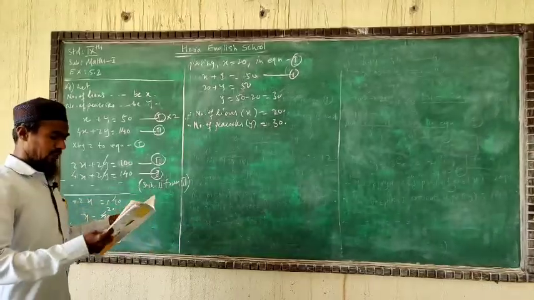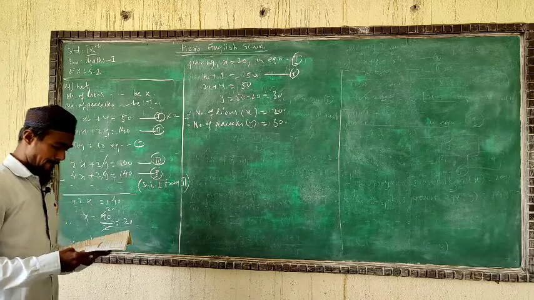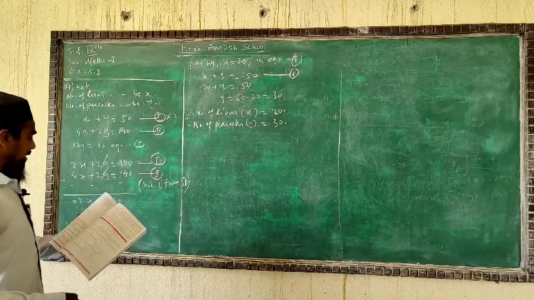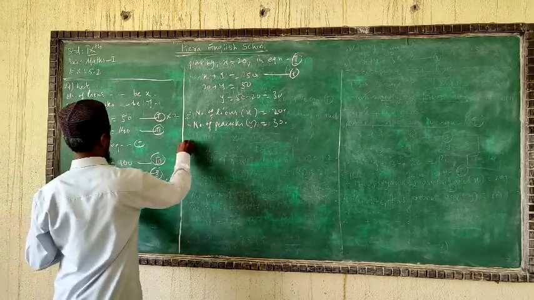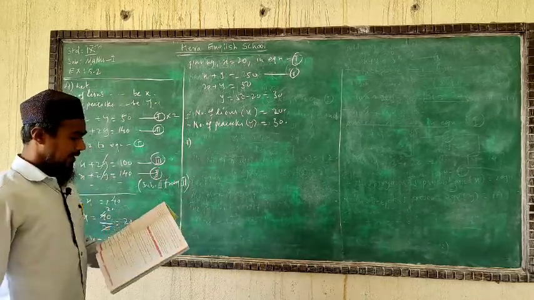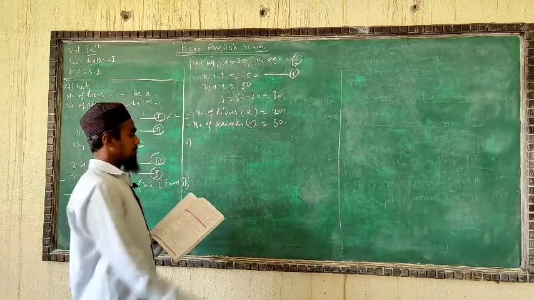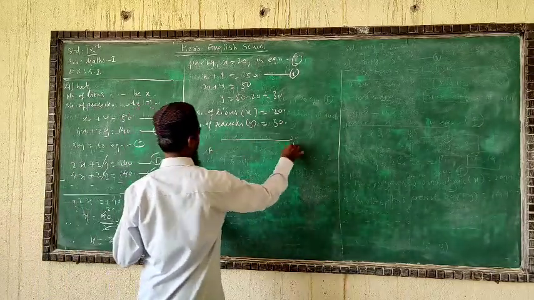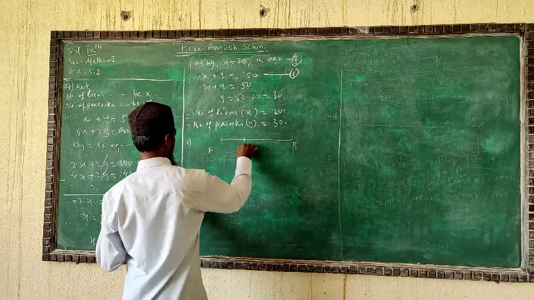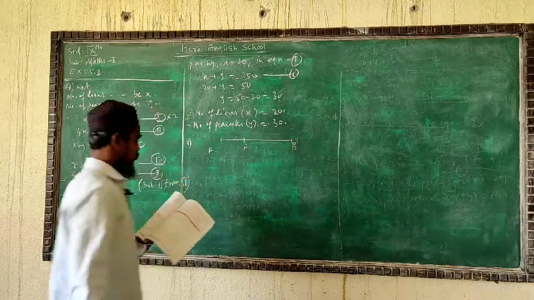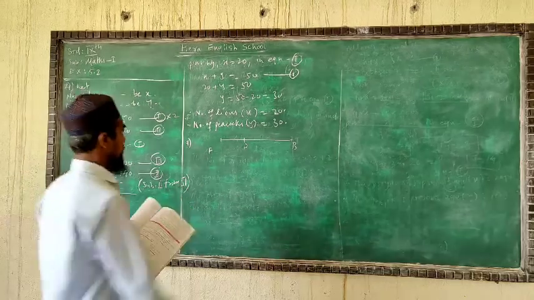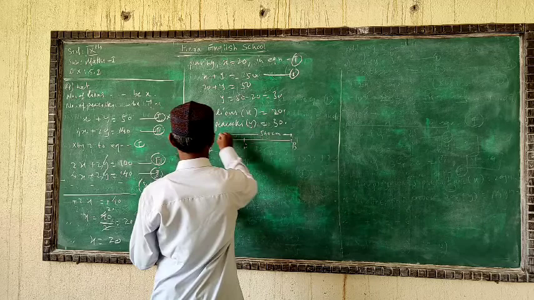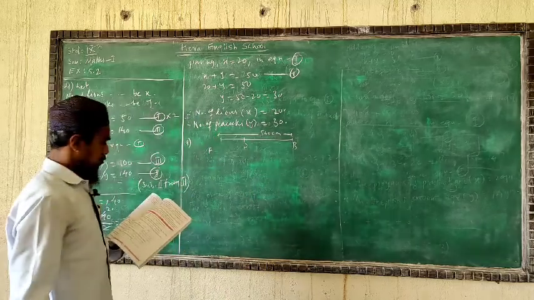Now come to the question number. I am going to explain question number nine. See very well, divide a rope of length 560 centimeters. Like a rope is there, A, B, and dividing like this, D. See here, D is dividing the rope into two parts. Given into two parts means the total length of these two is 560 centimeters.